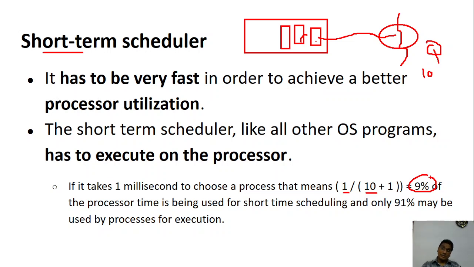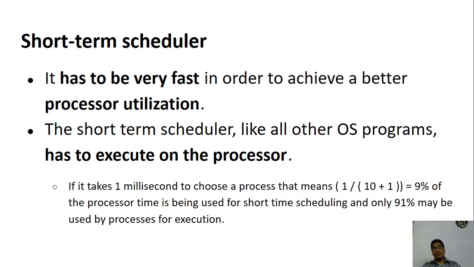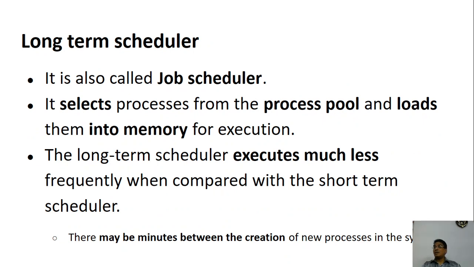So remember, it should do it very quickly. Otherwise, if it is taking 5 milliseconds, it's going to be a terribly long time. Most of the CPU time is wasted by the scheduler itself. So now let's look at the other type of scheduler, and the other type of scheduler is called a